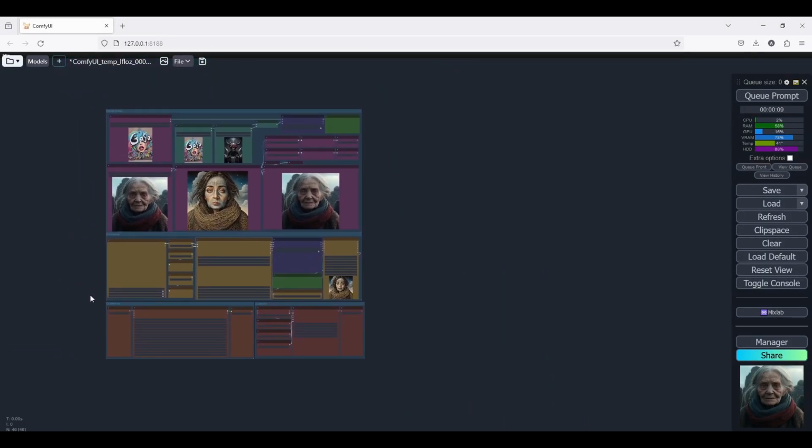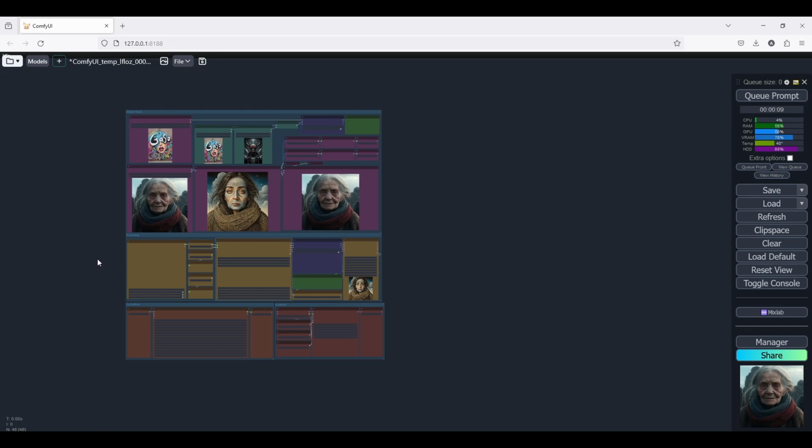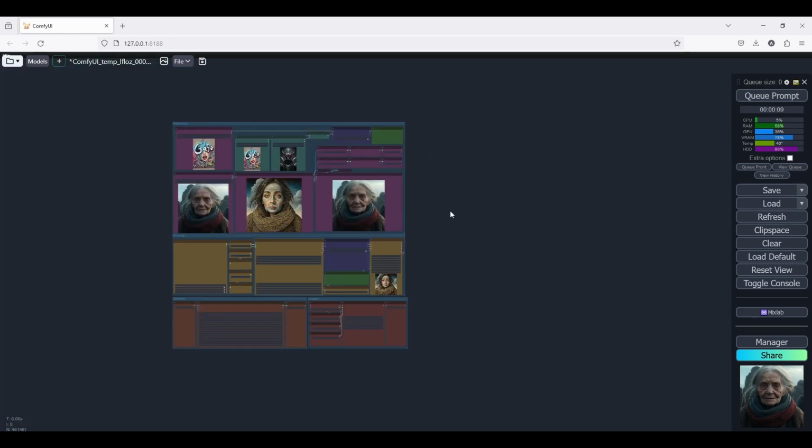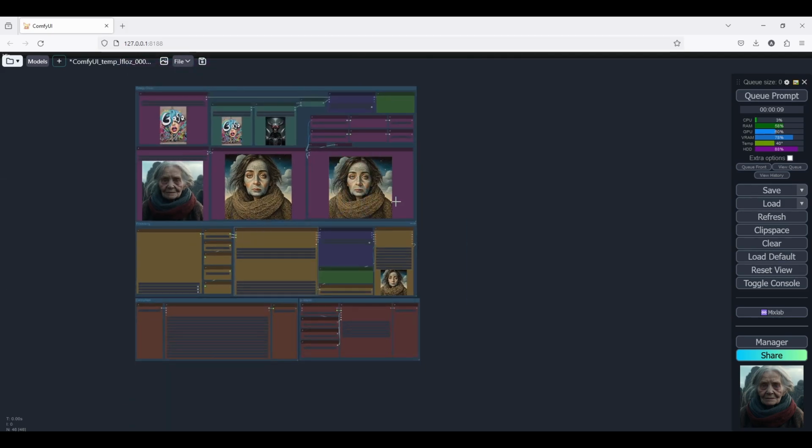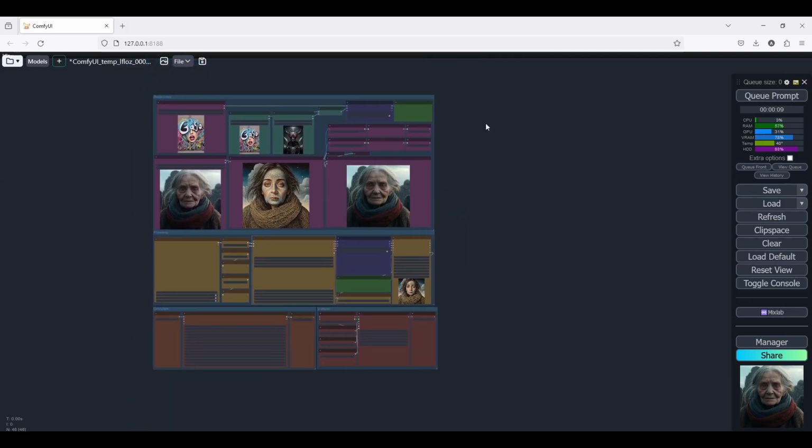Hello and welcome back. For today's video, I'm going to show you my newest workflow, which is basically called any image into any style. For this workflow, you can basically take any image and change it into any style you want. It's either from the IP adapter or just from the normal prompting technique. Okay, so before I start prompting and showing you how it works, I will just want to show you how